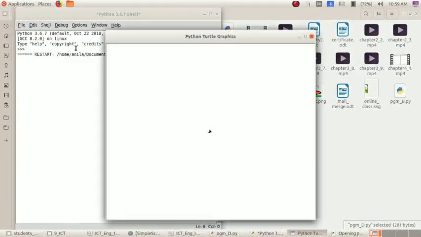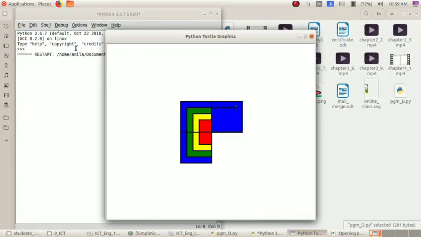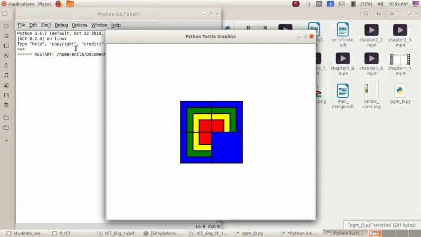Run module. Second square, third square and fourth square. Then next section. Okay, this is our output.